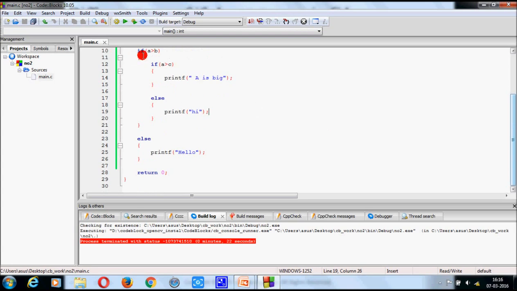So here we understand that this if is directly associated with this else statement, and this if is associated with this else statement. This section is called the nested if else section.